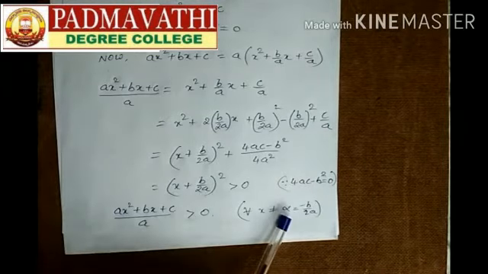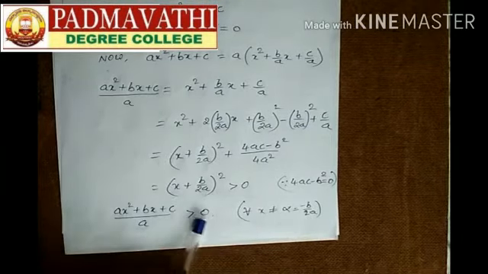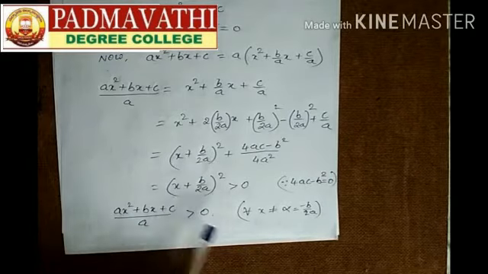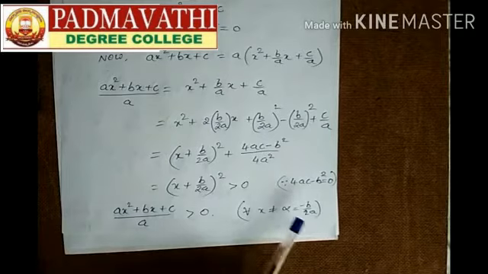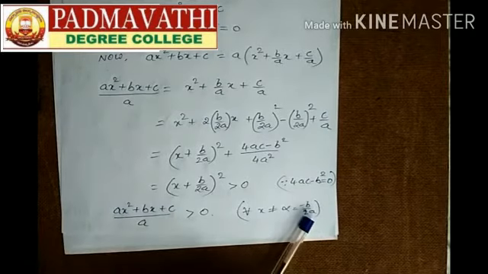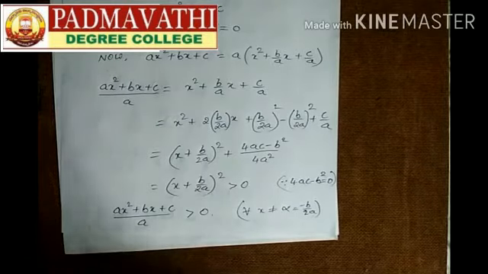That value we are taking as alpha, which means this is the solution for that quadratic equation. When you substitute this minus b by 2a, that expression value will become 0, not greater than 0. Here we got the greater than 0 case. That's why we are not considering the 0 of that polynomial. So this will be the 0 of the polynomial, and that's why we are not considering it: x not equal to minus b by 2a.